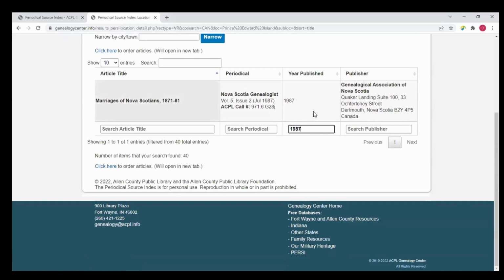Notice how quickly, as you're typing in these search boxes underneath your search results, it just continues to manipulate your search results down to what matches. There's only one 1987 published periodical that has an article that's indexed in PERSI.